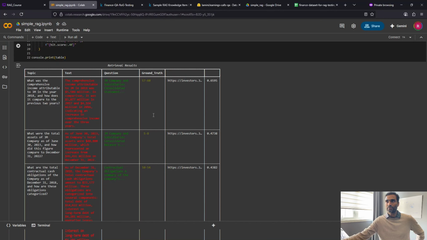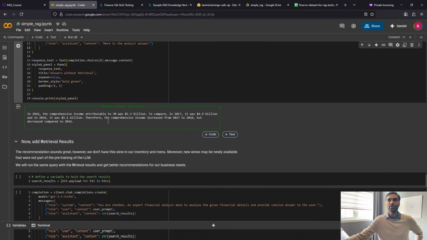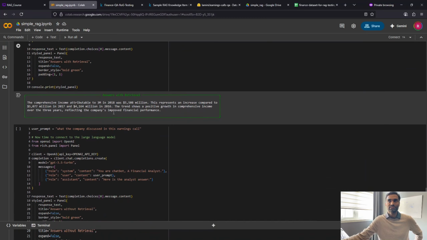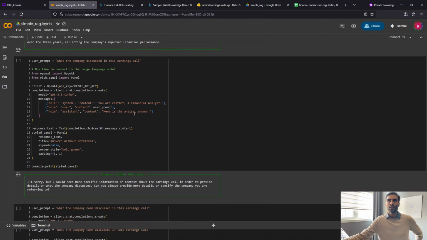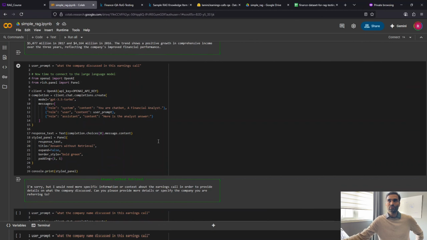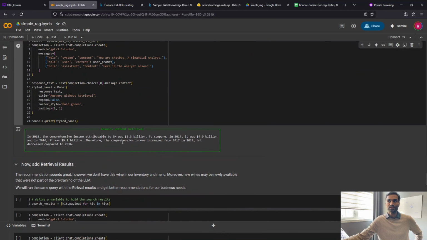Let me check the retrieval results. This is the text. Okay, you can see here 5,508 million. This particular first chunk has been used to get the answer. So previously it doesn't use that one, but now it uses that particular given chunk and answers based upon that particular question. So now, even though it hallucinated in the previous step,